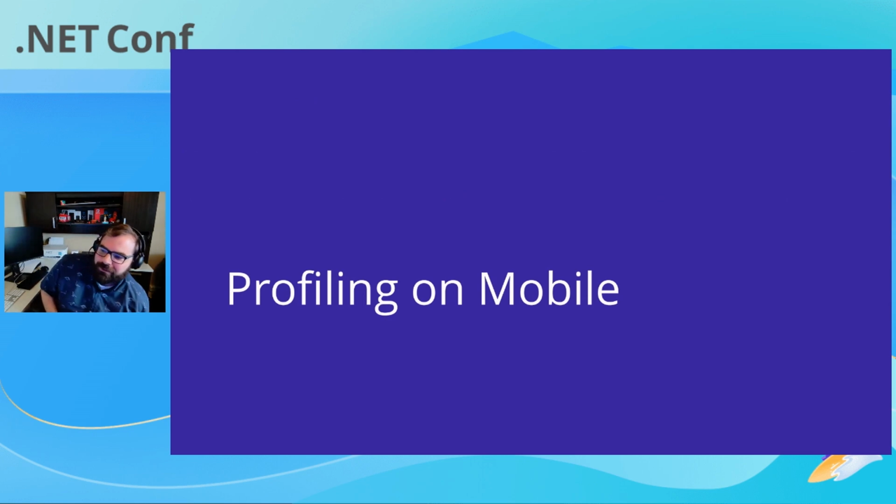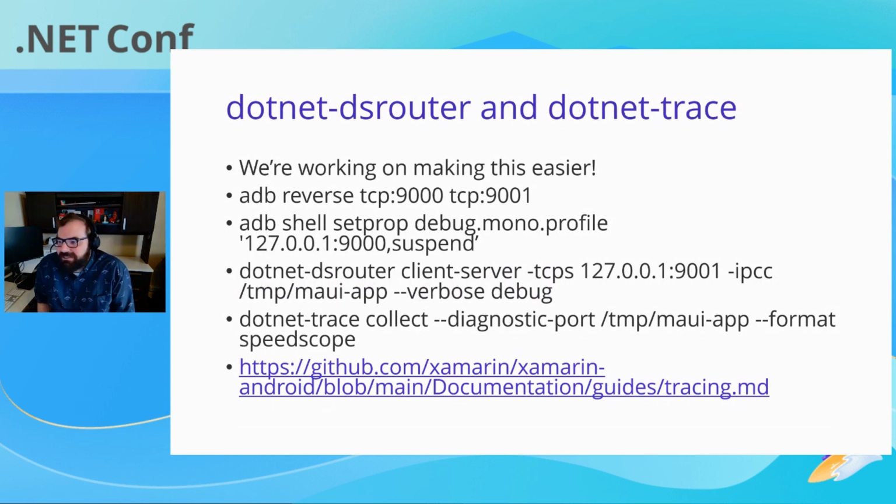So let's talk about profiling. This is another part of measuring: don't go blindly changing code in your app if you haven't measured something that says that, hey, this part of your code is slow, right? You could be changing something that doesn't even matter. So in .NET, we use .NET Trace, and there's a companion for .NET Trace, because .NET Trace connects to a .NET process on your system. DS Router lets it talk to a remote app running on a phone,